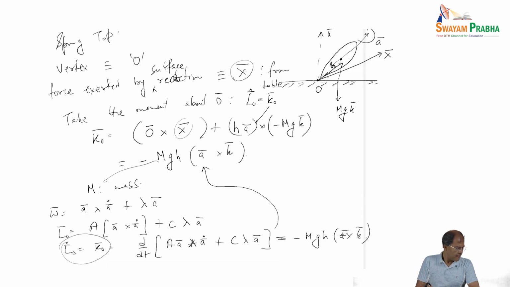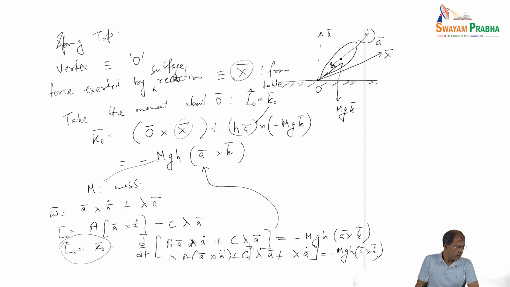Okay, so then we can expand this derivative further. So this is also going to be a times a cross a double dot plus c times lambda dot a bar plus lambda a dot, and this is also equal to minus mgh a cross k,